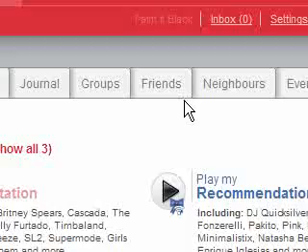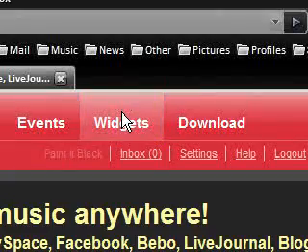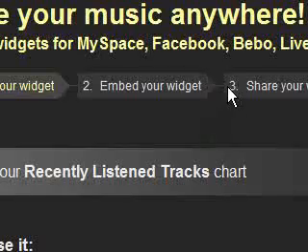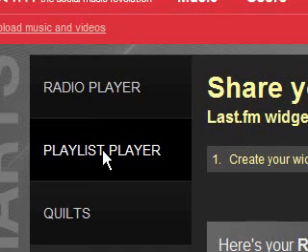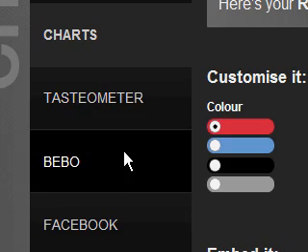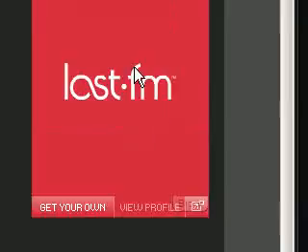Now another cool thing about Last.fm is its widget feature. Now if you own a Myspace or anything like that, you can basically put this in your Myspace and it'll make it more dynamic, because I don't know if you've gone on anybody's Myspace and you find them having pictures of them with an apple, or pictures of themselves with an overhead view of them looking forwards, which I'm not sure why they do that, but hey. You can basically add little widgets to your little profile to make it more interesting